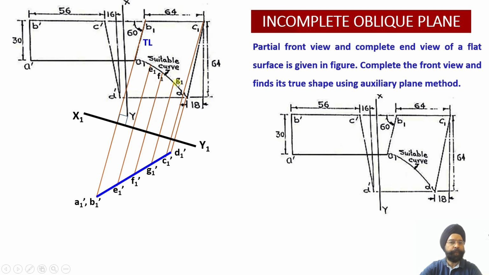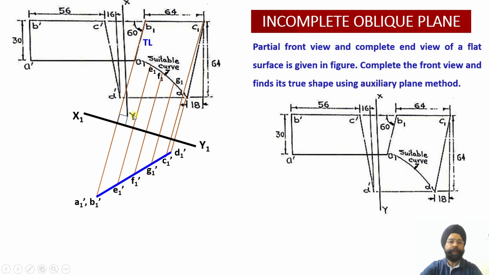Now you see what I have done. Having marked these 3 points, E1, F1, G1 over here, I have projected these points onto my edge view, drawing projector lines parallel to the earlier ones, or drawing projectors perpendicular to the oblique auxiliary plane X1Y1. Now I know these points, E1 dash, F1 dash and G1 dash. What are these points? These points provide me the distance of the elevation points from